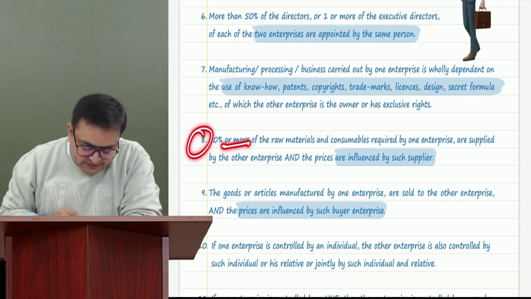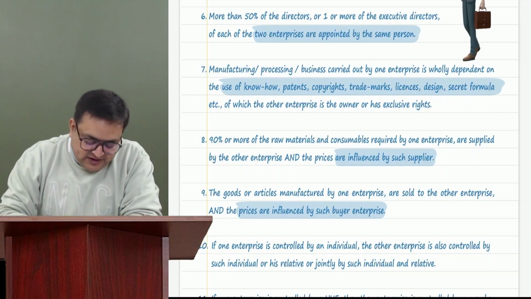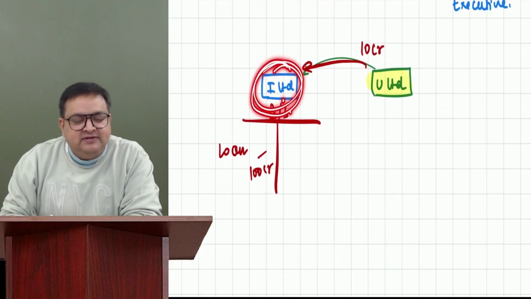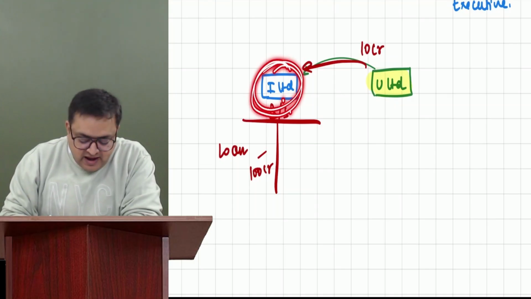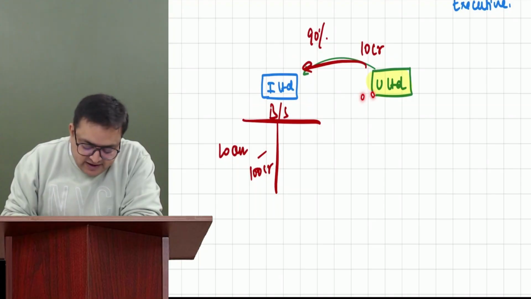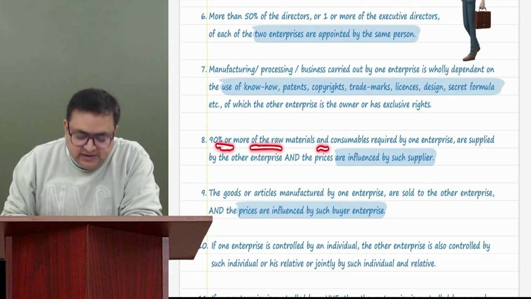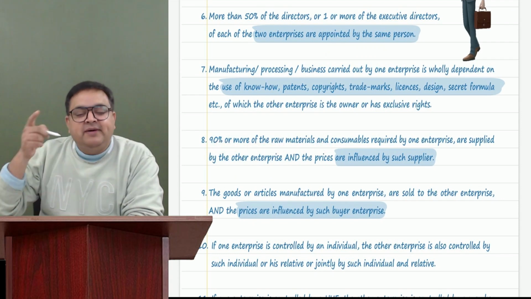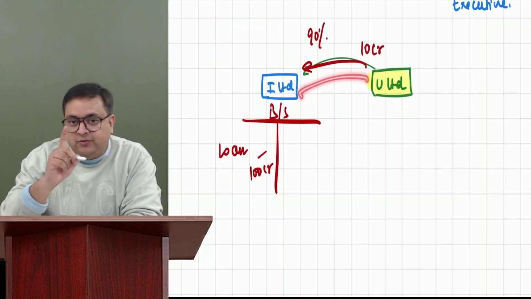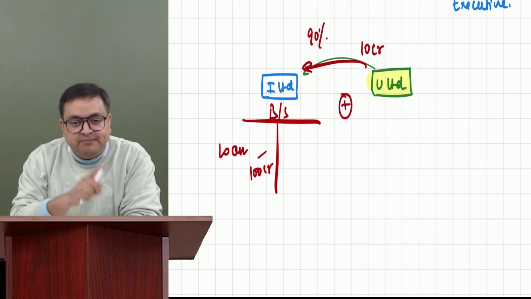The eighth point is important, regarding the raw material which you purchase. Let's say, for example, there is I Limited. During the year they purchase some raw material, right? And 90% or more of the raw material is supplied by U Limited. So if 90% or more of the raw material and consumables are supplied by U Limited, then also will you become associated enterprises? No. One more condition. So at least 90% or more should be there. Plus